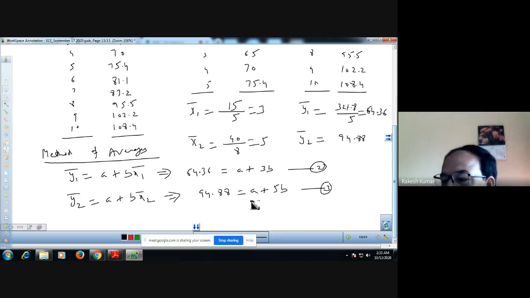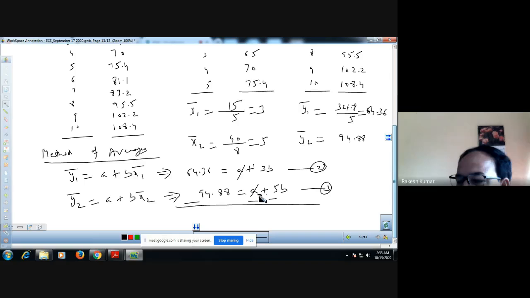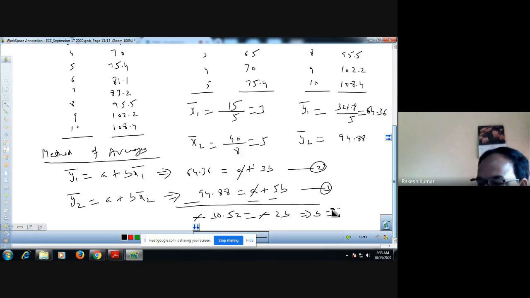What we need to do is find a and b from this. So subtract, and a will be cancelled with this a. Ultimately this will be minus 2b, and after subtracting, 8 minus 6 comes out to be 2, this will be 5, this will be 0, and this will be 3. So ultimately you will be able to find the value of b, and b will come out to be 6.104. This will be the value of b actually.